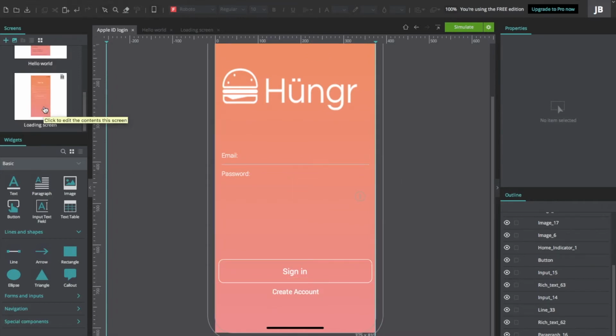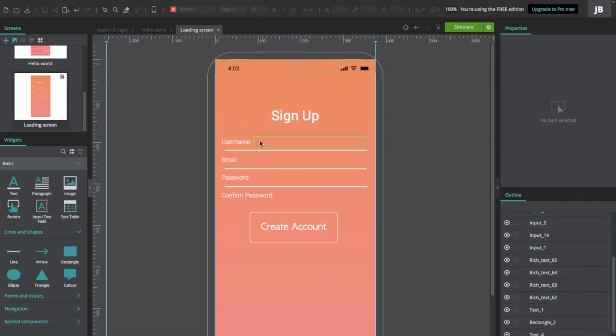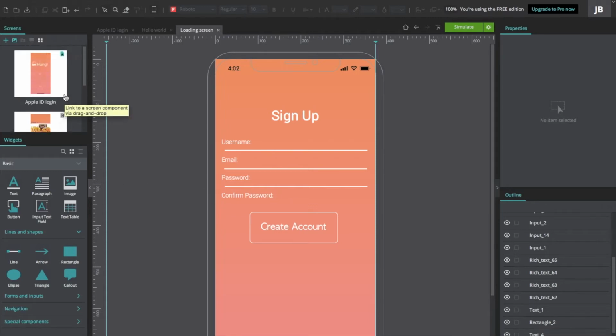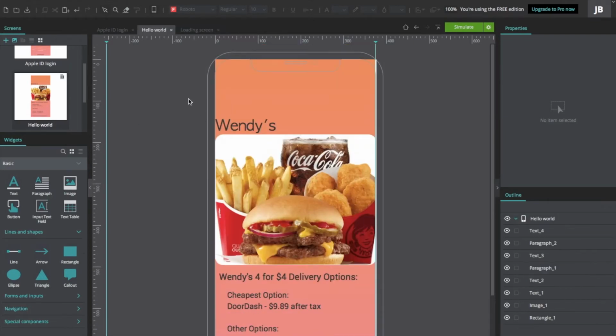Here is the sign up page. Use your username, your email, your password, and confirm password just to make sure you entered the right one. I hate it when I do that, so I wanted to try and fix that for other people. And once you create an account, you can go back to login, and then you get to the main menu. This is kind of janky, but